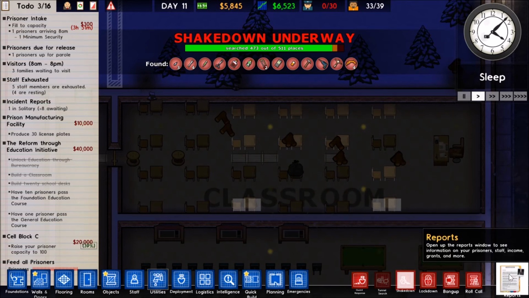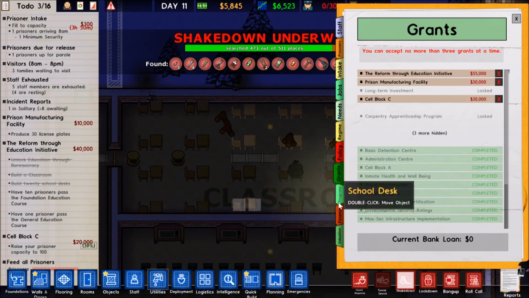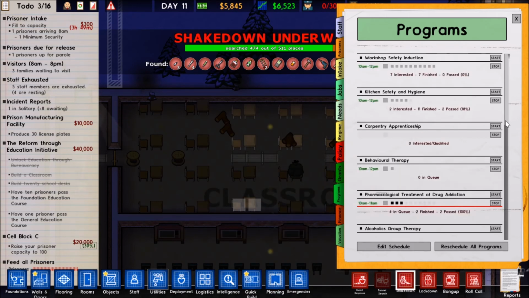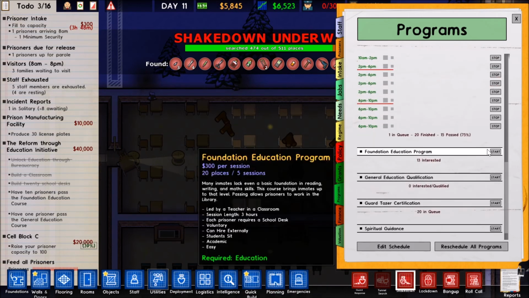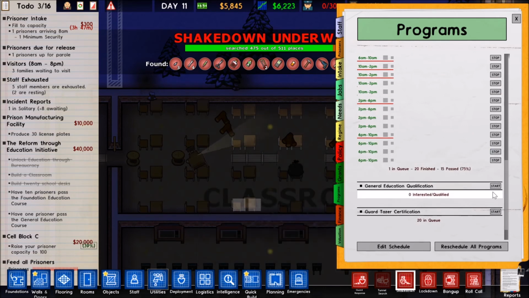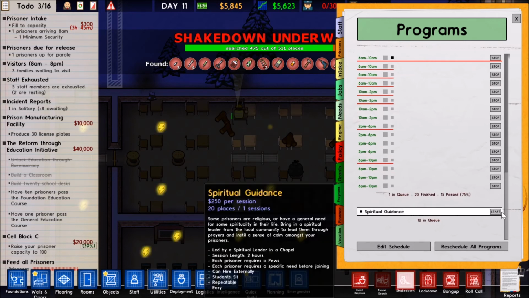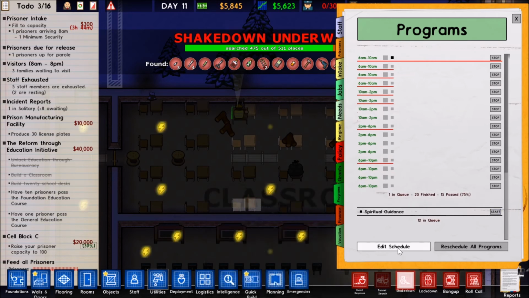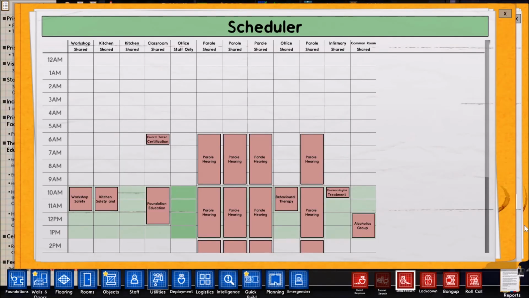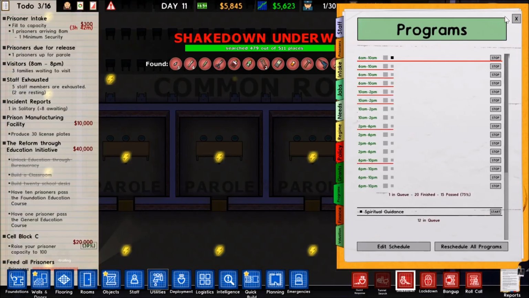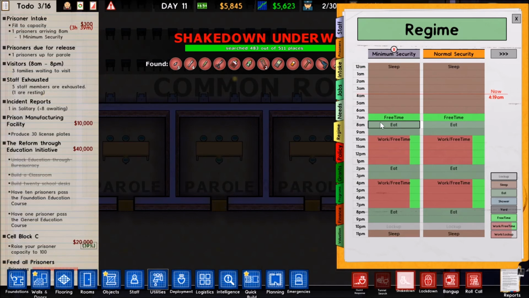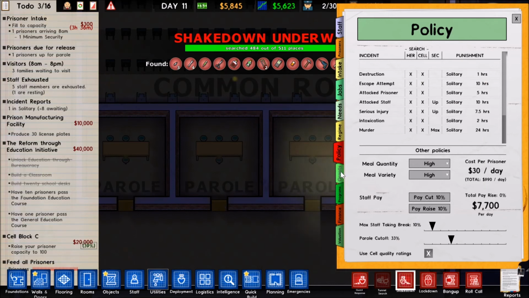Alright, so the classroom is all set. With that in mind, we can now do foundation education, we can do general education, and we can do guard taser certification. Can't do spiritual guidance still, but that's okay by me. So, what I want to do is I want to look at the regime. So their free time starts at 7 a.m. Alright. So with that in mind,